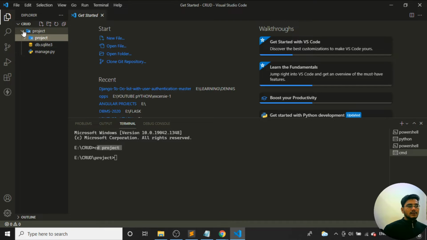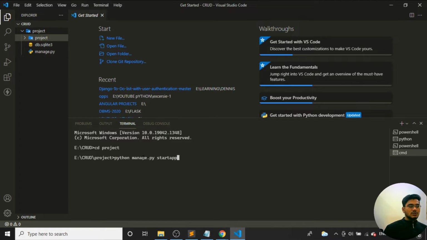So see, inside my project it is something like this. So we have a project. Now you can see the SQLite database is provided by Django by default. So now I need to create an application. To create an application, we have a command, that is python manage.py, which starts the application.